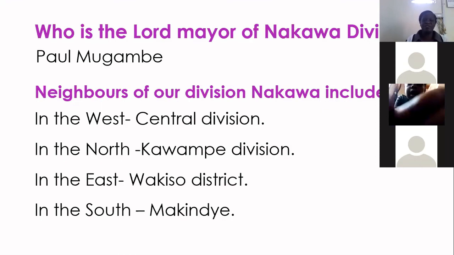We are saying also in our division Nakawa, that is when we are talking specifically about Nakawa. But now we look at our friends of Nsanji. They talk about Nsanji as a town council. But for us here, we talk about Nakawa as a division, because for us, we are in the division and we are in the city. But our friends of Nsanji, they talk about villages and parishes. And the name of their district is Wakiso District.